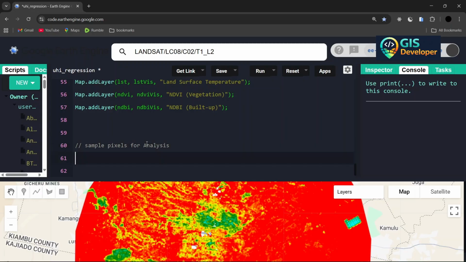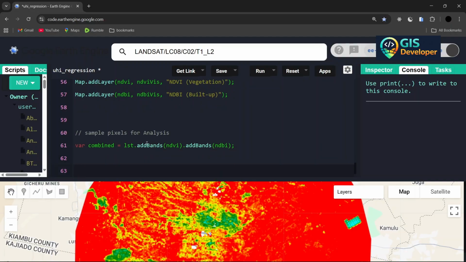So down here, first you need to say variable combined. So just say combined is equal to the LST. As we have said, we are going to combine those. So we add bands together, add bands, and then we add NDVI. Then we say dot add, also add NDBI. Okay, so after we've done that, the next thing is now to